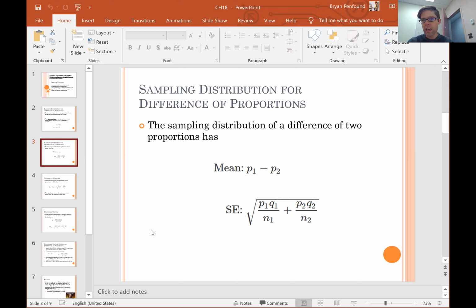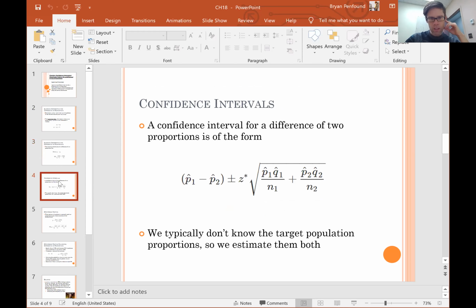That's the real key difference that we're rolling with here. Okay, and P1 and P2 are representing those two subgroups inside of that piece of categorical data that we're working with. Now, this slide here did say to create the confidence interval, we typically don't know P1 and P2 from the target population. So we use P1 hat and P2 hat to estimate